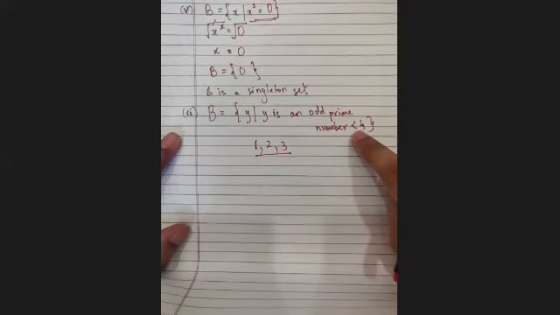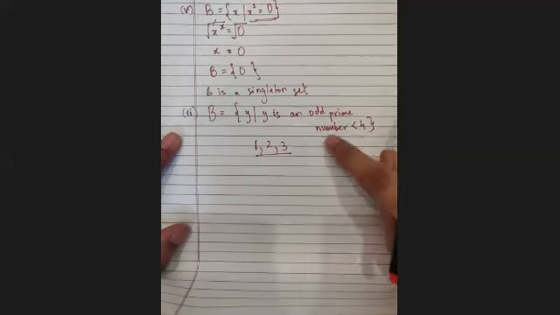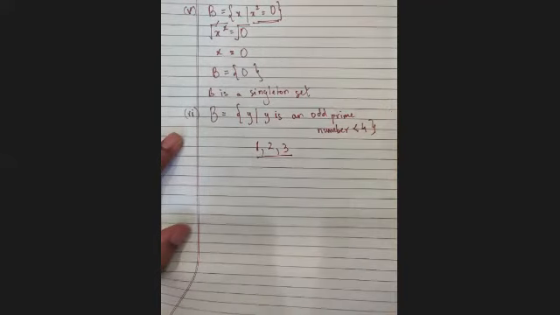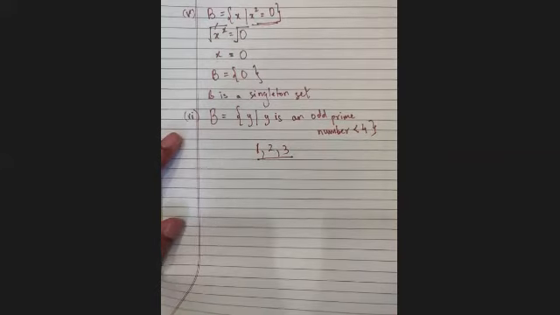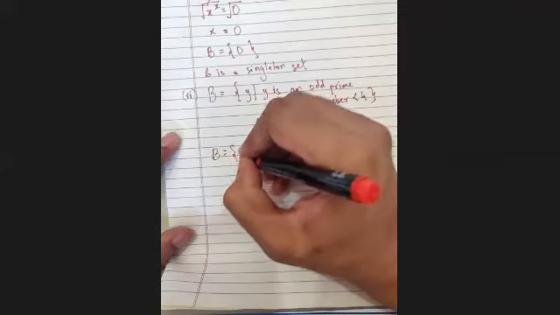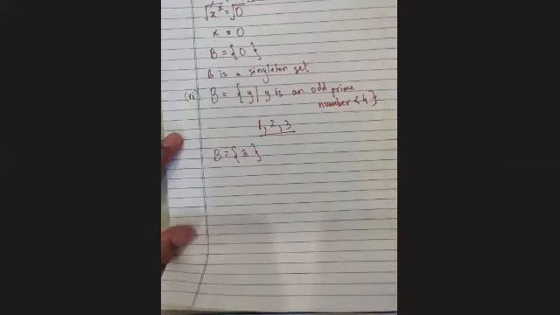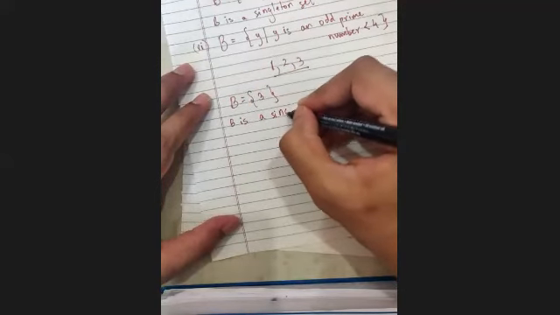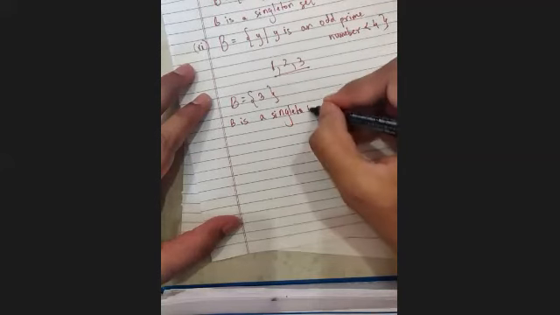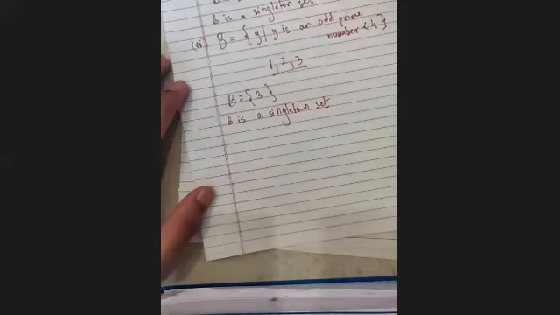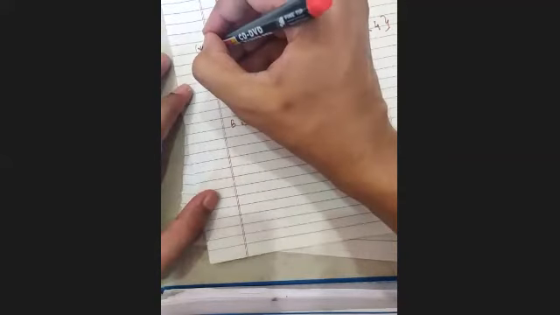Less than 4 was what we needed, but I want only odd prime numbers. 3 is an odd prime number. Isn't 1 an odd prime number? No, 1 is neither prime nor composite. Very good. So inside B, I'll be writing only 3. Correct? Yes, sir. It is a singleton set. Very good. So the statement will be B is a singleton set. I hope everyone is writing it with me. I'm writing it slowly so that you all can also follow.